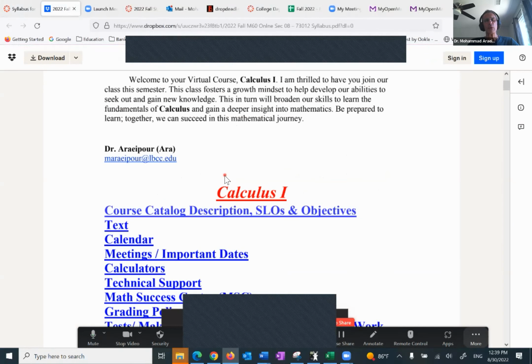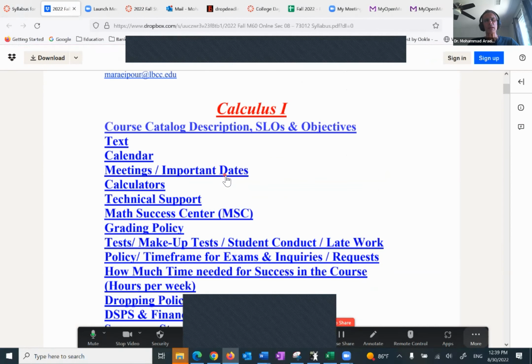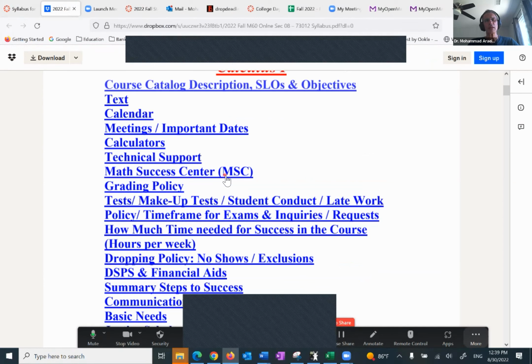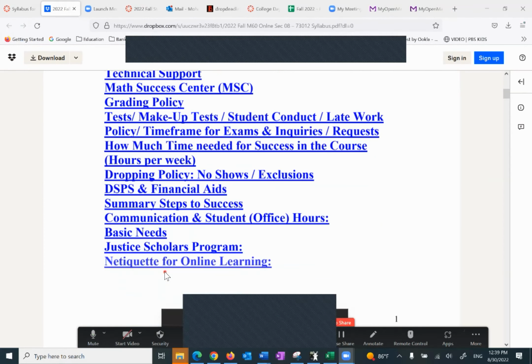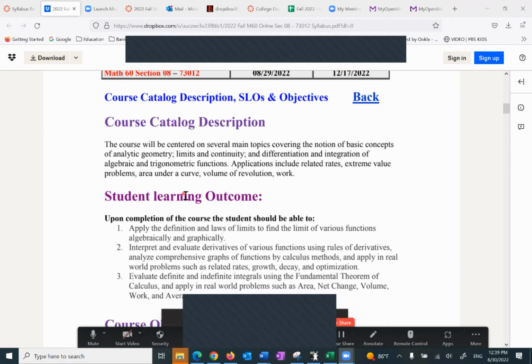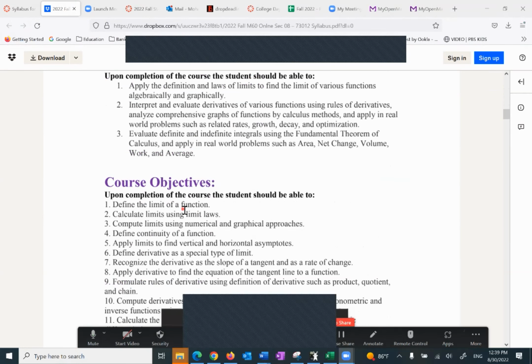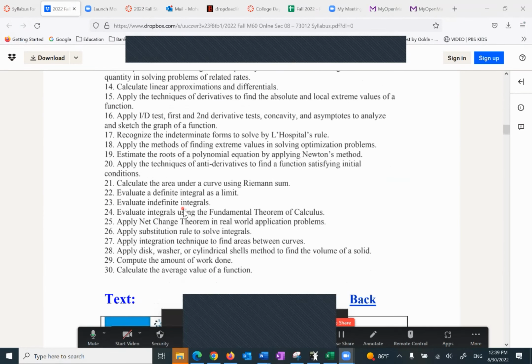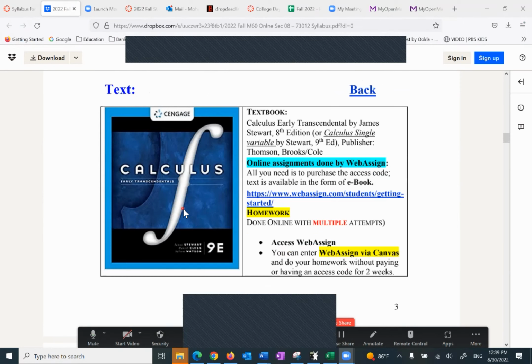I know it's getting way too long nowadays, the syllabi, so I have them in this format so you can go to the topic of interest. I'm going to spend a couple of minutes covering the whole thing for you just to be on the safe side. So we have the section number, student learning outcomes, the text. All you need is the Webassign code,